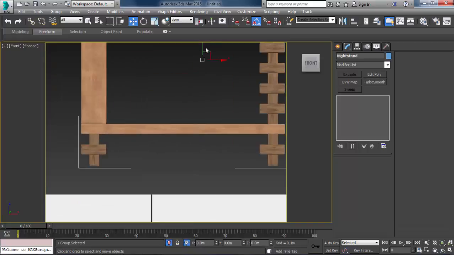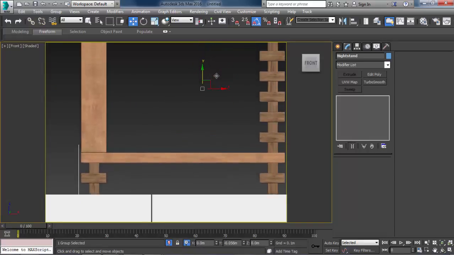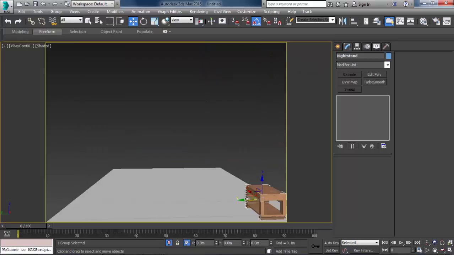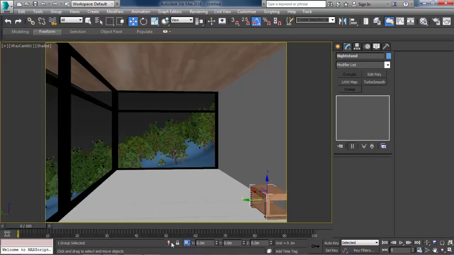Just align it to the ground, the floor. Perfect.